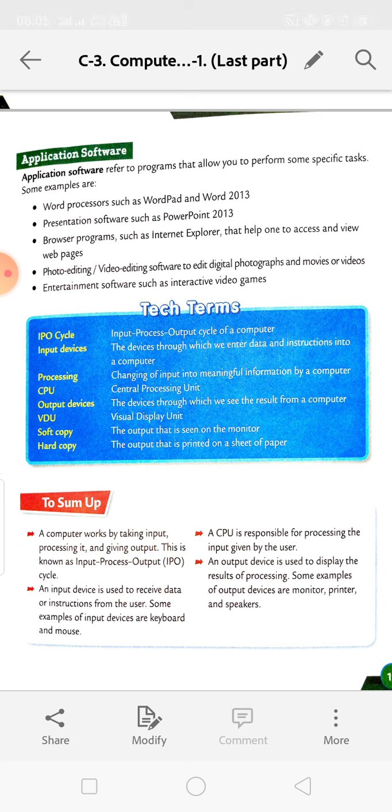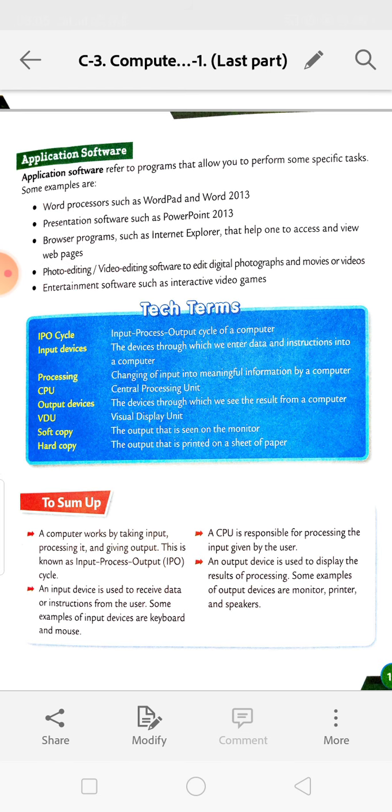If we want to see web pages, browsers will help us. Photo editing and video editing software edit digital photographs and movies or videos, and entertainment software includes interactive video games. So these are the programs done by application software.